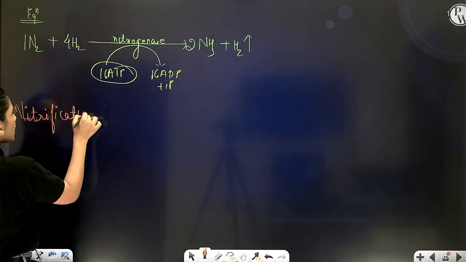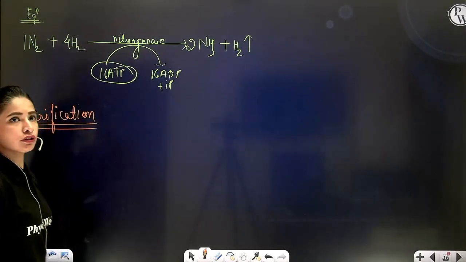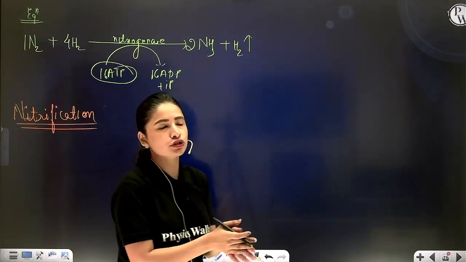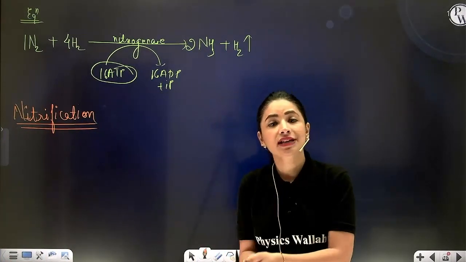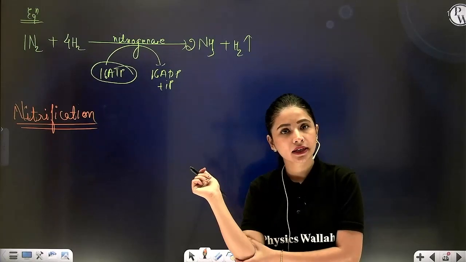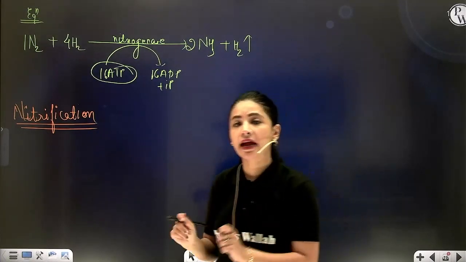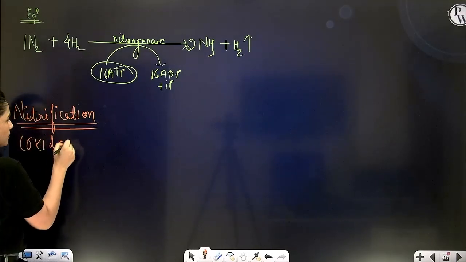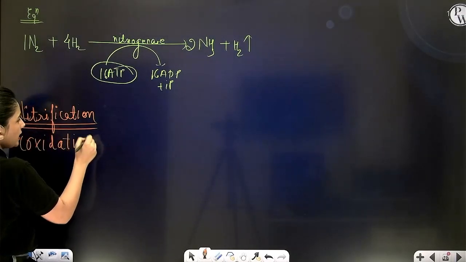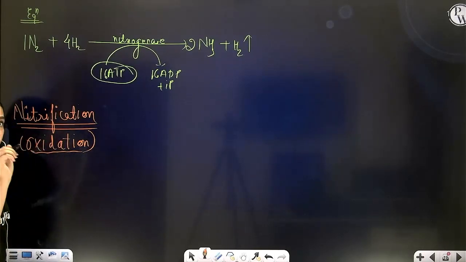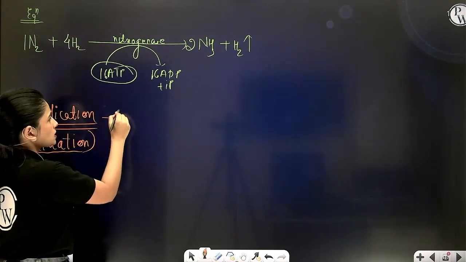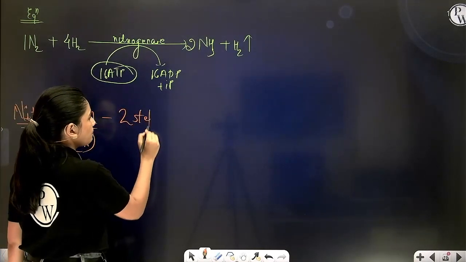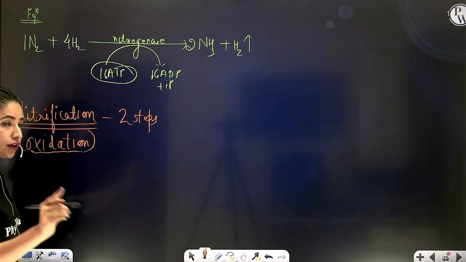So nitrification is actually conversion of ammonia into oxides of nitrogen, that is nitrate. Remember, chemically nitrification, it is an oxidation reaction. It is an oxidation process which is done in 2 steps. So it is how many step process? 2 step. In first step,